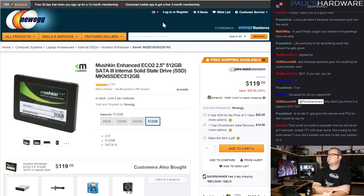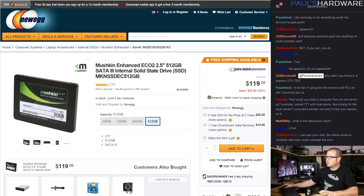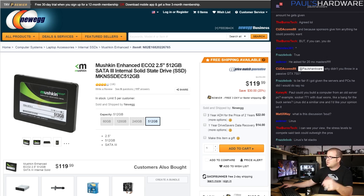For an SSD, I went with the Mushkin Eco 2. This is a 512 gig SSD. Again, not the fastest of the SATA 3 SSDs that are out there, but $120 for 512 gigs. I was going to go with two drives for this, but then I was like, you know what, 512 for an HTPC is going to give you a pretty decent amount of space for recorded media